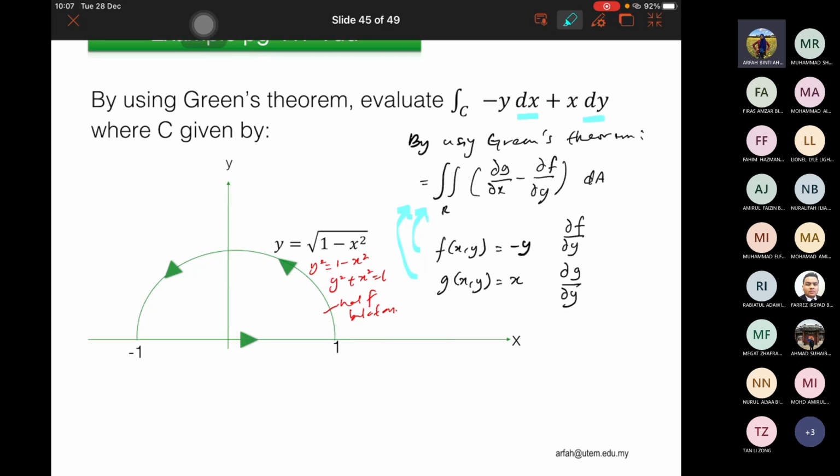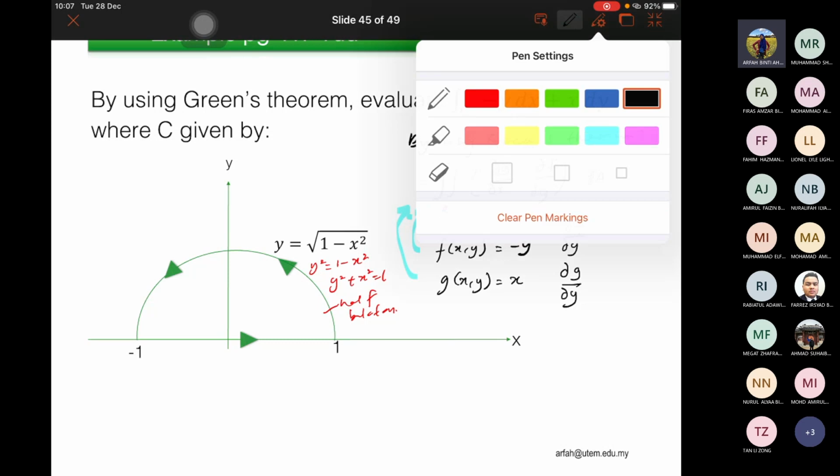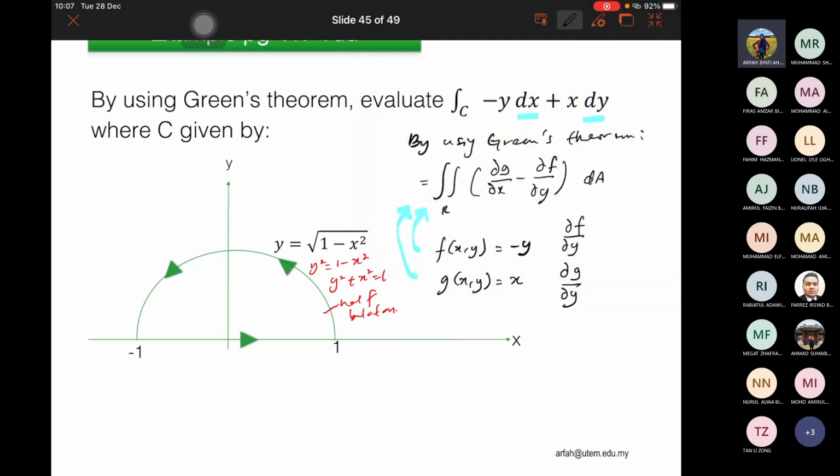Okay, dapat tak kelas? So partial derivative for this one with respect to y akan sama dengan negatif 1. And delta g over delta x, okay, not delta y, for this one akan dapat sama dengan 1. Okay. And delta a. So